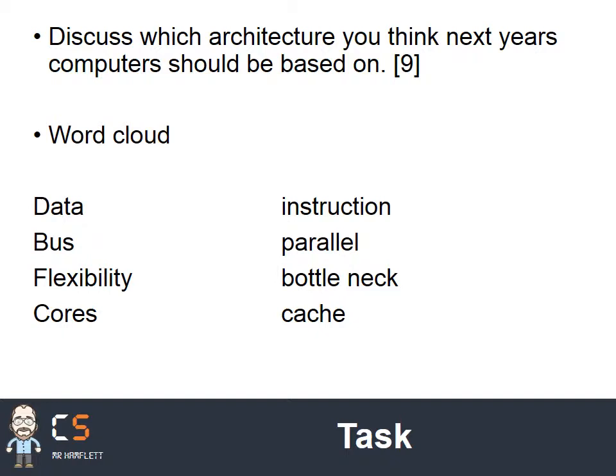So thinking about data and instructions, that difference between them, parallelism with the Harvard architecture, buses, the flexibility of von Neumann, the bottleneck, and ways of overcoming it, cores and caching. This question is really getting you to bring all of the three elements of this lesson together in one answer. Make sure you're looking at both the pros and cons of both architectures before you give your own